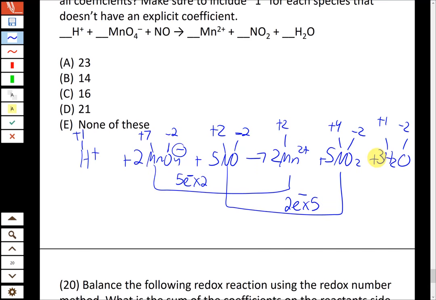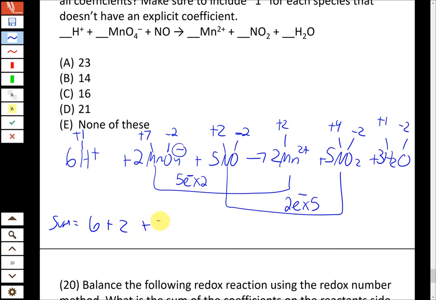And then we're going to use H plus to balance the hydrogen. So we have 6 hydrogens from water over here. Hydrogen only appears in this reactant, so we need a 6 there to make sure that there's 6 on both sides. So water and hydrogen get balanced last in most cases, water and H plus. And again, we're going to use water to balance oxygen, and then we'll use H plus to balance hydrogen last. So those are all the coefficients, and the sum is going to be